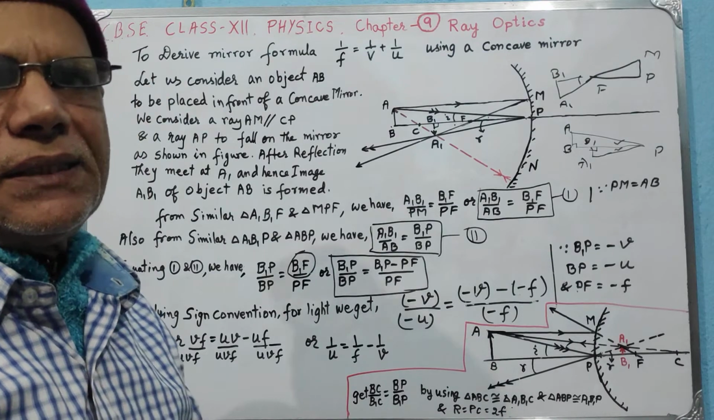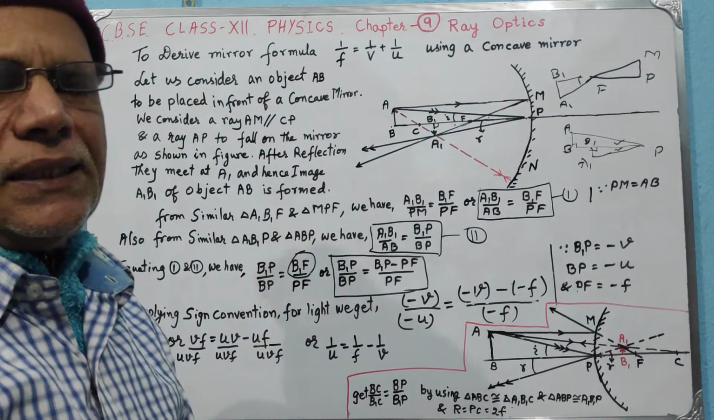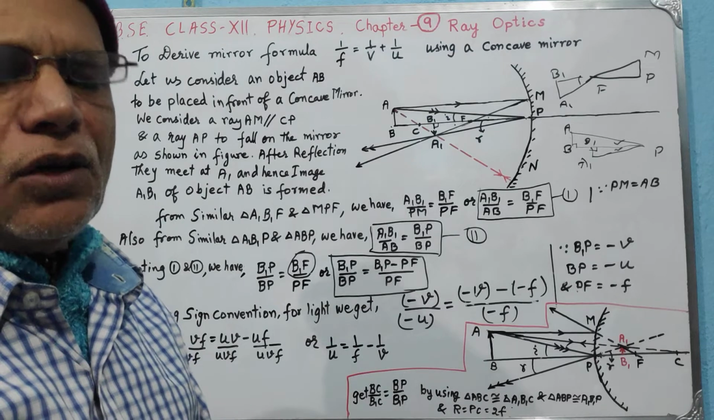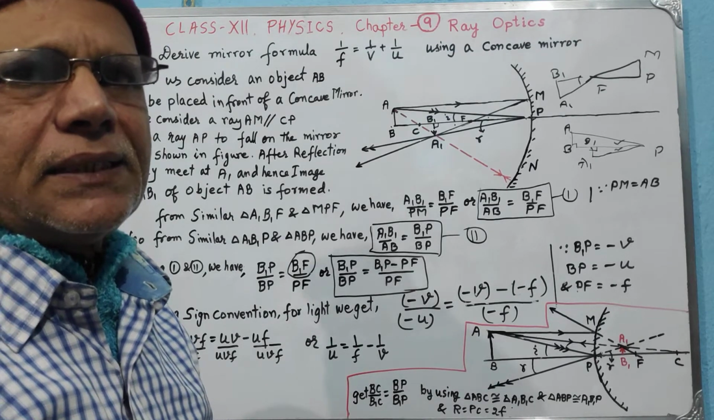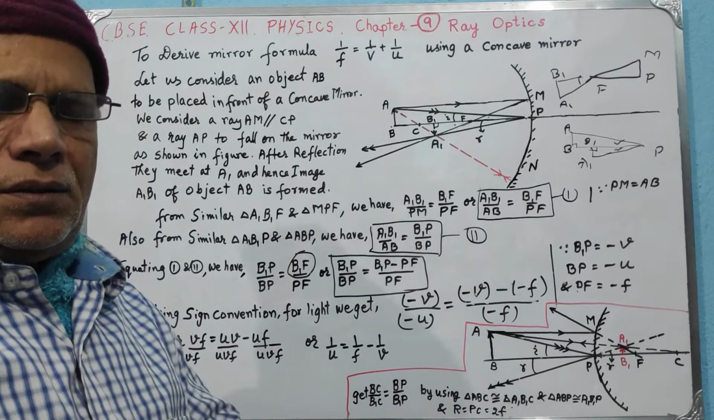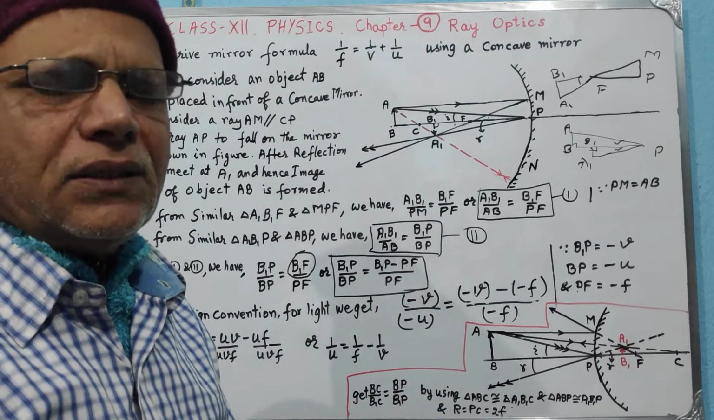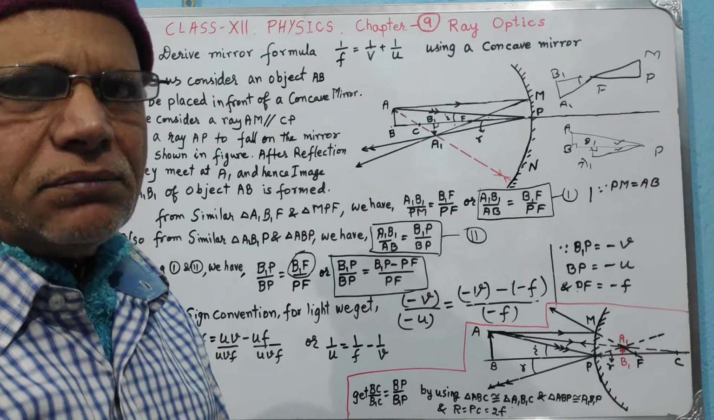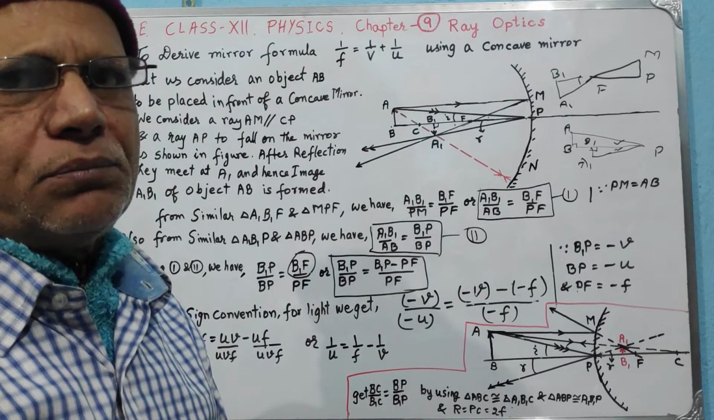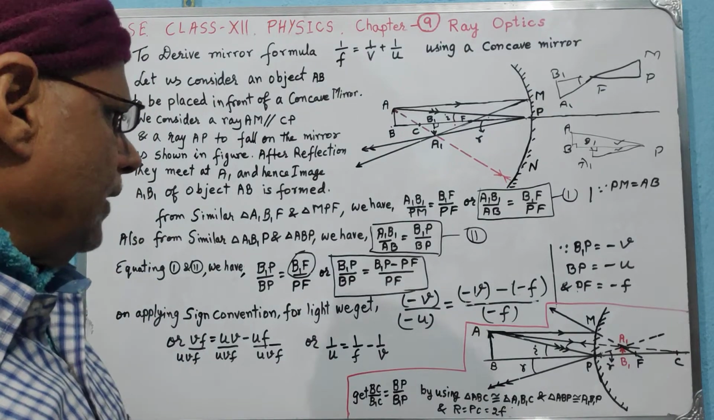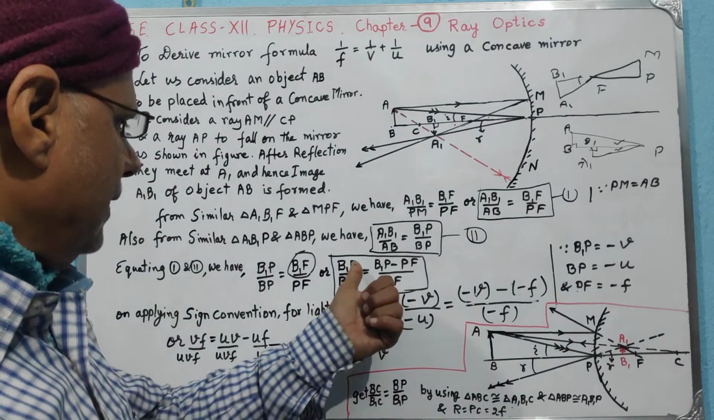What is sign convention? You must remember this always: all distances are to be measured from the optical center or pole. All distances measured along the incident ray are taken to be positive. All heights measured above the principal axis are taken to be positive. So here you see in this relation,